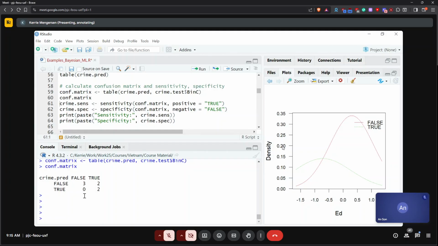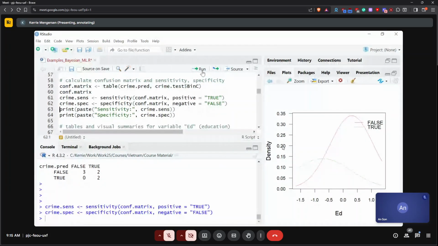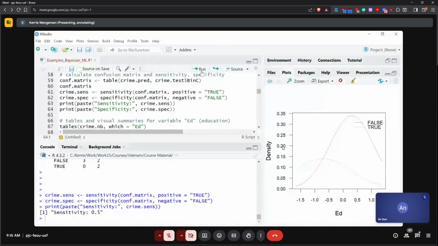Okay? So I can calculate then what's called the sensitivity and the specificity. So the sensitivity is the probability of saying it was true when it was really true. So if I calculate that, the sensitivity is 0.5.